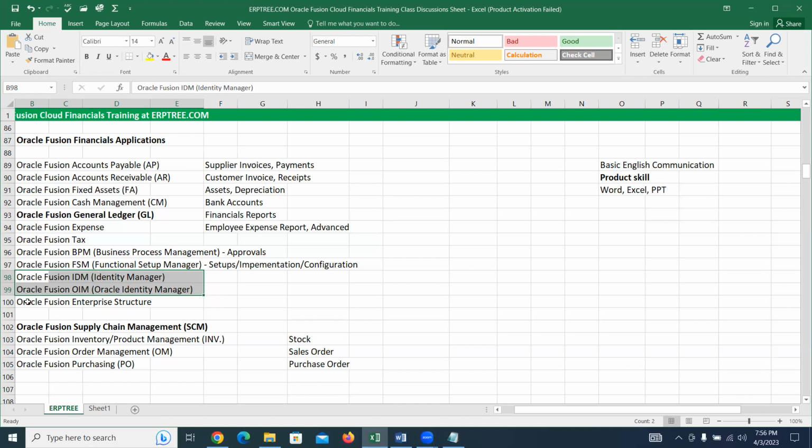Whenever you do the implementation for any company, how they are doing the business in reality, where they are doing, in how many countries they are doing, how many branches they have, how many registrations they have, what activities they are doing, everything, the complete real business environment we create in the system environment. For that, we use the concept called Oracle Fusion Enterprise Structure. With enterprise structure, the real business environment we will bring into the system environment. We will discuss this, and we may have 2 to 3 classes on this. It's very, very important to understand.